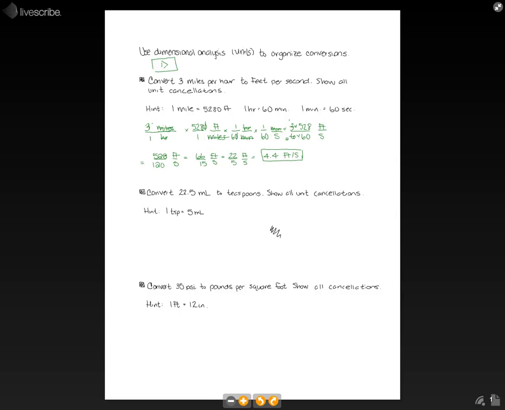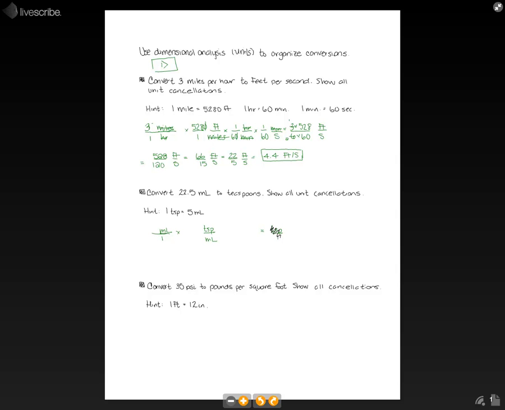The next question asks us to convert 22.5 milliliters to teaspoons, again showing all of our unit cancellations. The hint they give us is 1 teaspoon is 5 milliliters. So again, starting with just the units we have, milliliters over really nothing, so it's just over 1. And we need to get this into teaspoons over 1. We know that our hint says that 1 teaspoon is 5 milliliters, and we need teaspoons in the numerator, so we can multiply by teaspoons over milliliters,